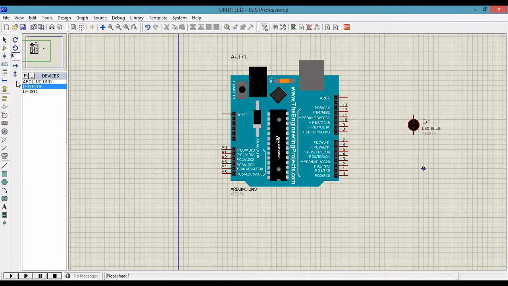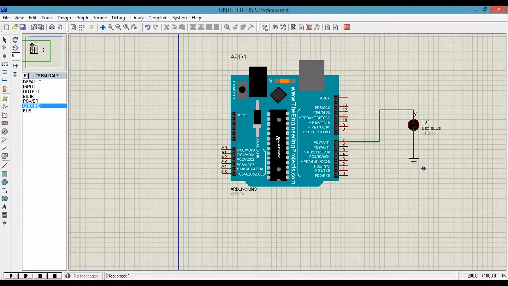Now I'm going to give the common anode connection, so take a ground. I'm going to connect the LED to pin number 7. If you give 1 to this particular pin number 7, this LED will be on, and 0 means it will be off. So the on and off happens with some delay. This delay is generated by using the timer register.